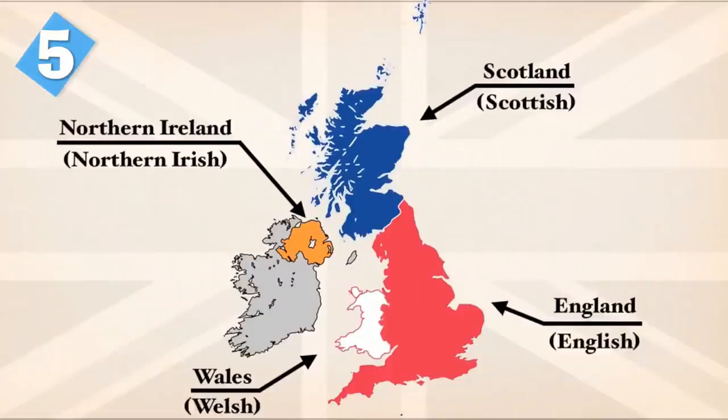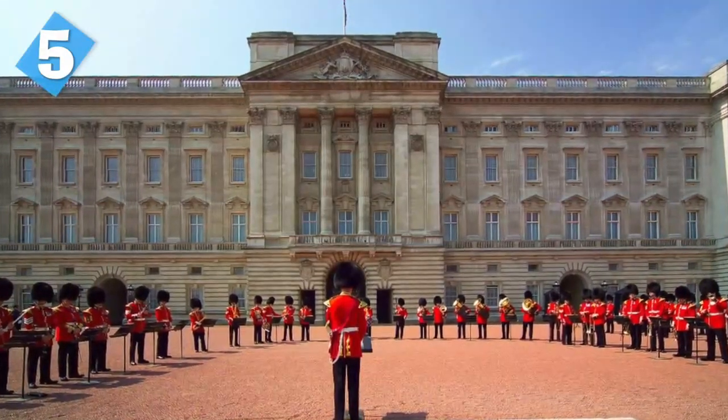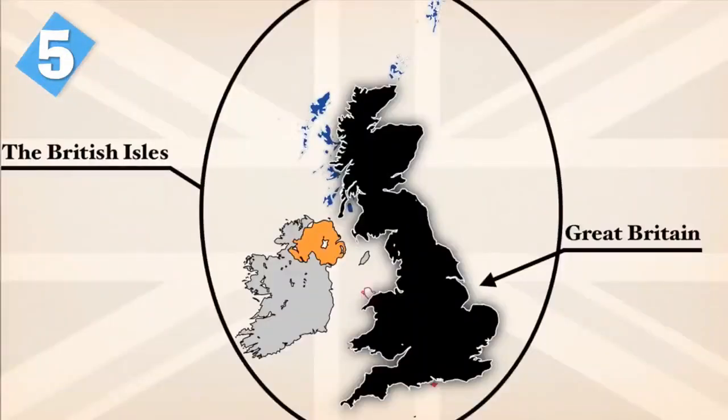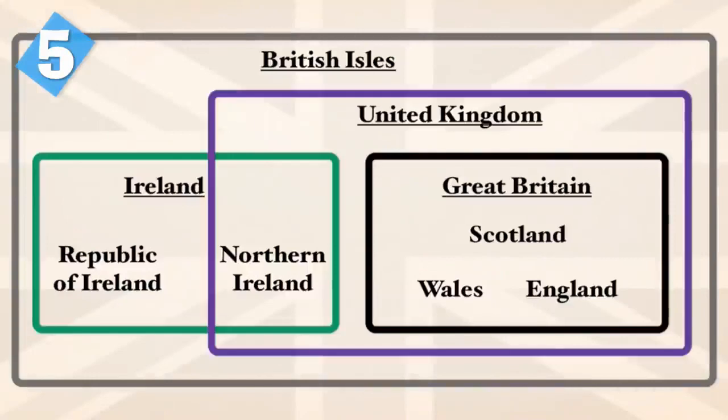However, of the 4 countries that make up the United Kingdom, England is the only country that doesn't devolve any powers from the UK. Instead, England actually operates directly under the UK government. This is also emphasized in the fact that London is the capital of England as well as the capital of the United Kingdom. The term Great Britain refers to the large island that is made up of England, Scotland, and Wales. More confusion happens now because the United Kingdom and Britain are commonly used as synonyms around other parts of the world.